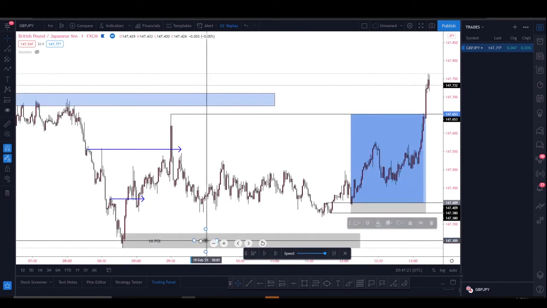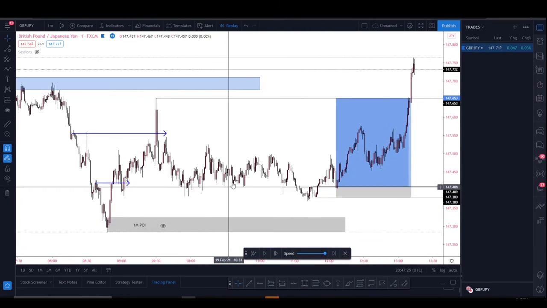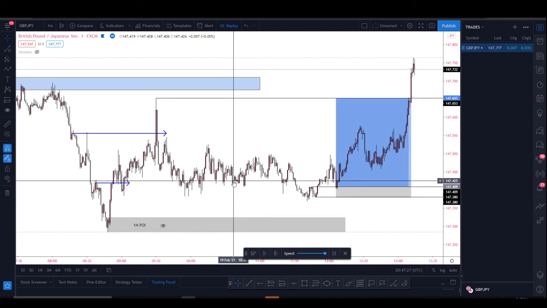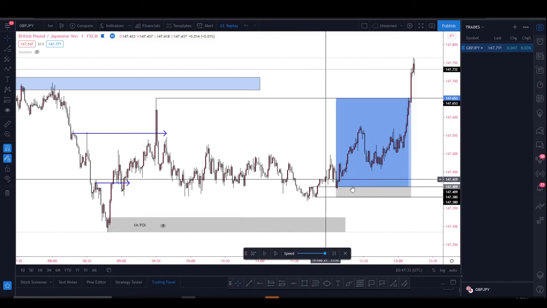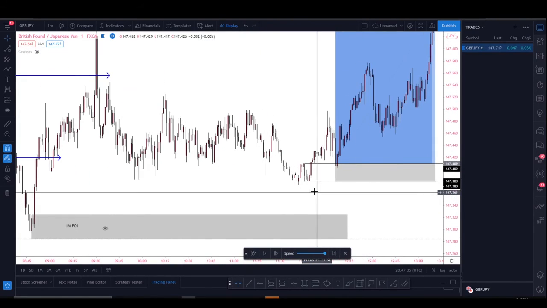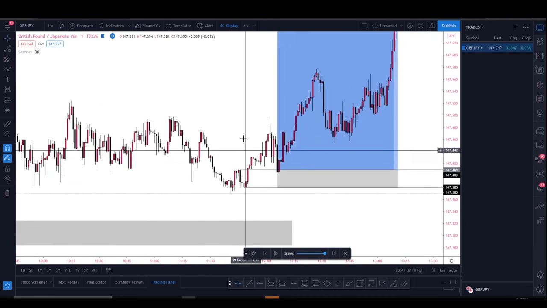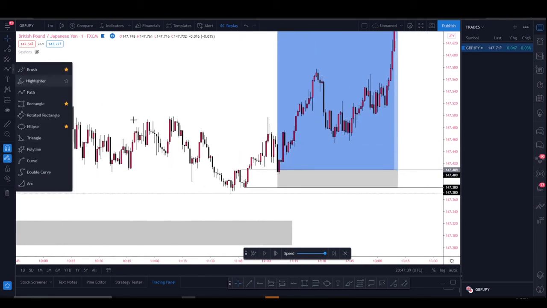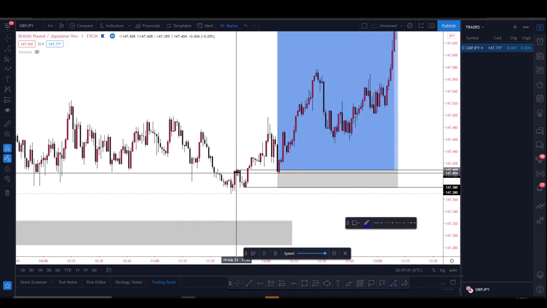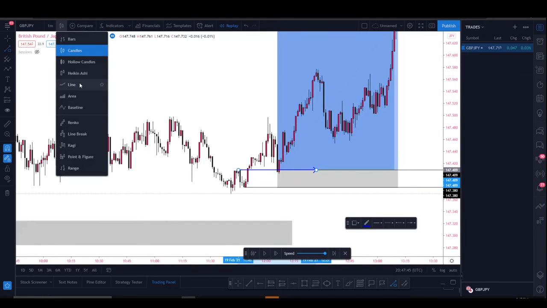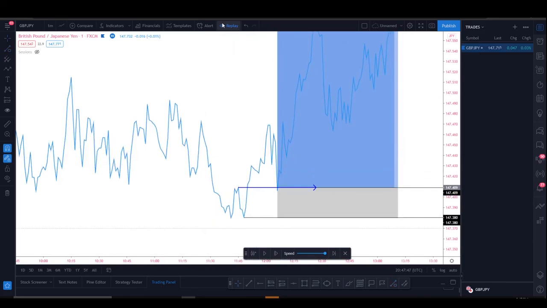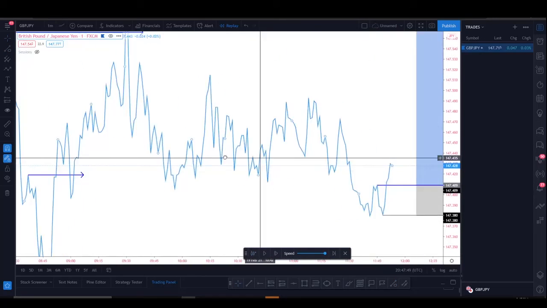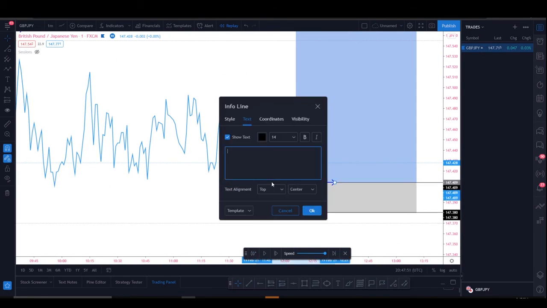But really, all I look for in a market is I find my area of interest, and then from there I look for the breaker structure. So if I'm looking for buys, I look for a bullish breaker structure of a previous lower high, for example, this area right over here. And like I said, you can go towards the line chart. You can see, let me go back to replay mode here. You can see that